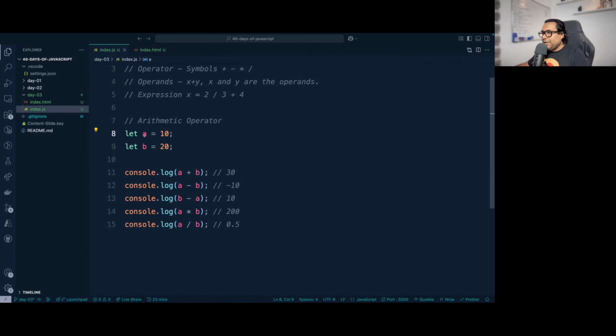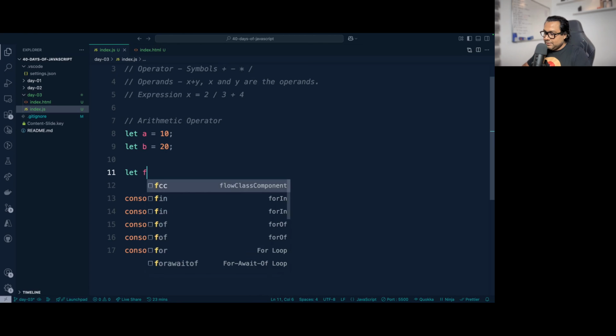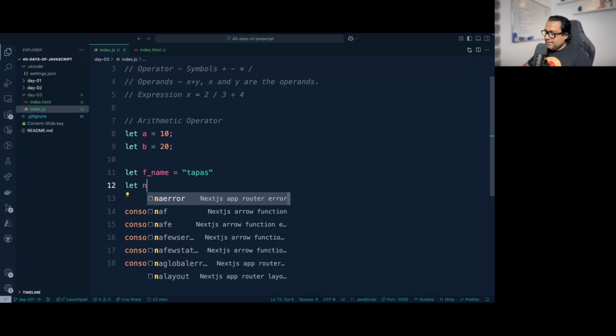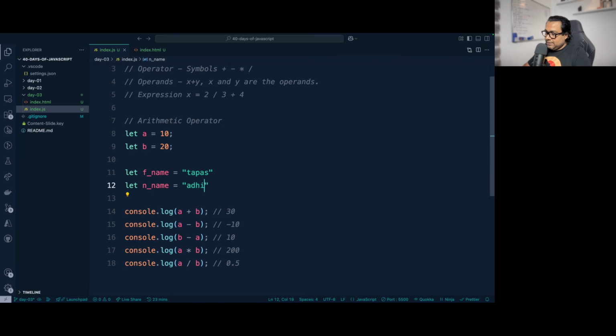For example, if a and b are not numbers but strings, and you're using this plus operator, the addition operator, in case of strings it is going to concatenate them. It is not going to add them up. So if I create let f_name equals Tapas, and let n_name equals Adhikary, and if I do